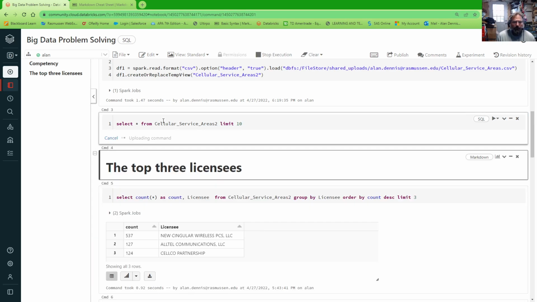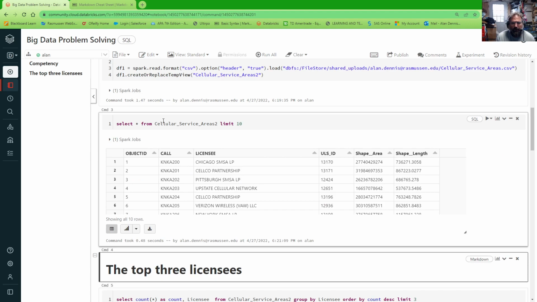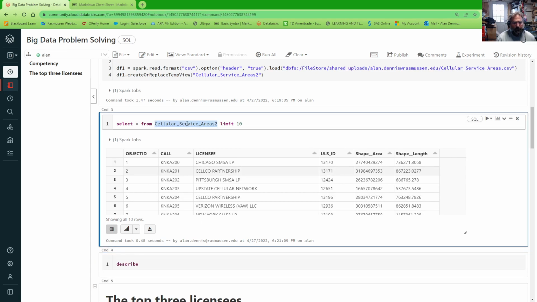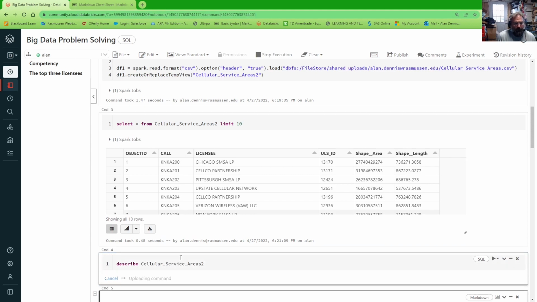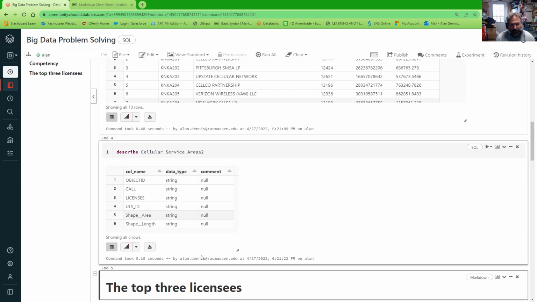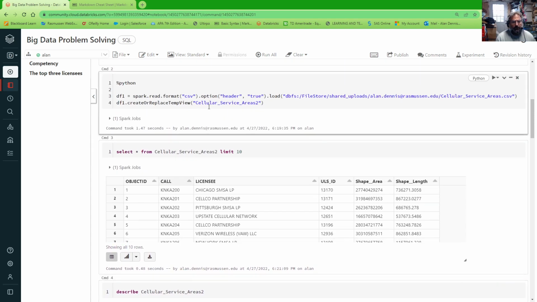So we can take a look at the first 10 records just to see what it is. You can also do things like describe, and these commands should seem very familiar, having done your Hive exercise, because guess what? It's using Hive under the covers. And so this tells us the names of the columns, the data types of each, and so on. Probably should have put a